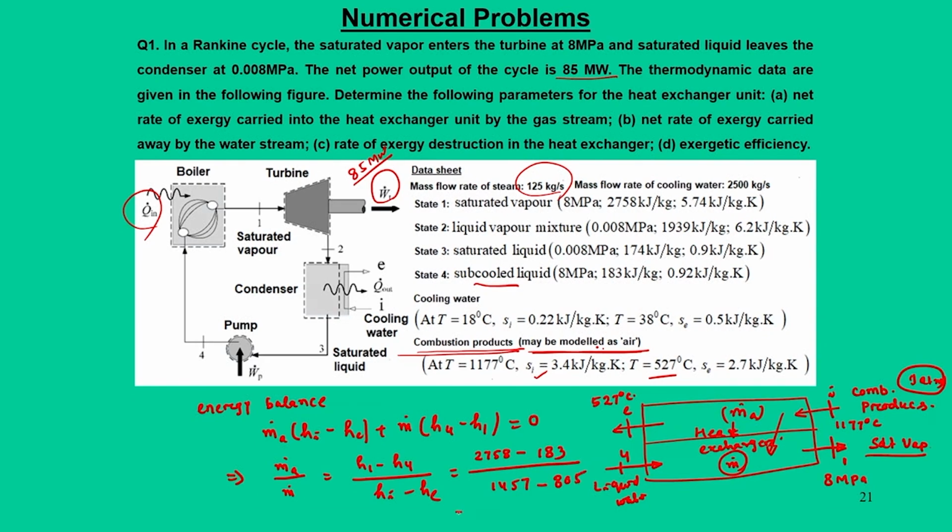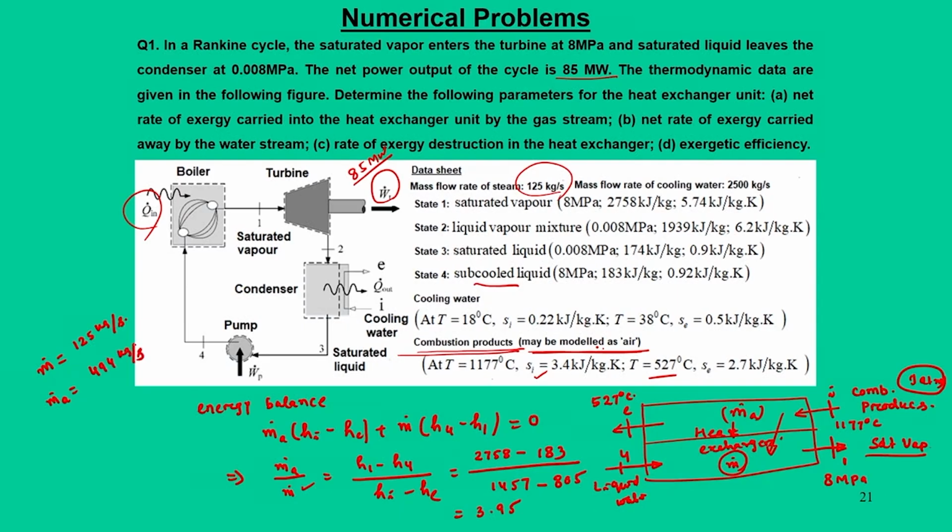This ratio turns out to be 3.95, and since we know m dot is 125 kg per second,